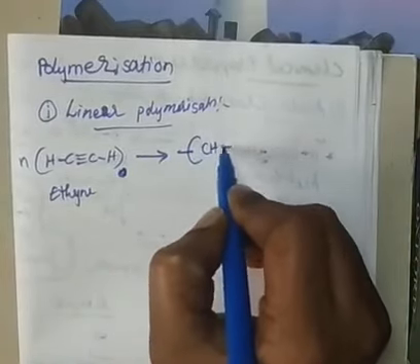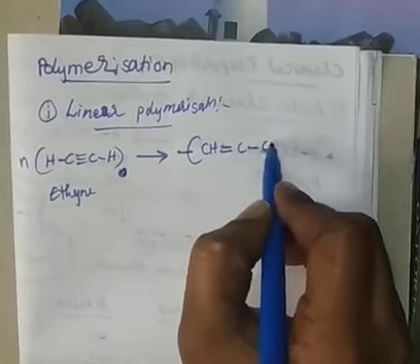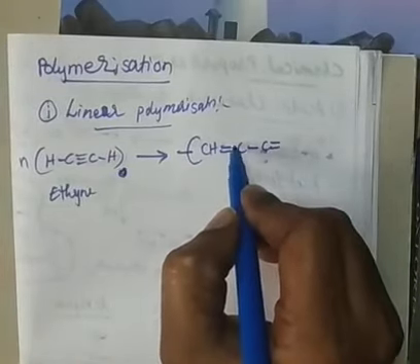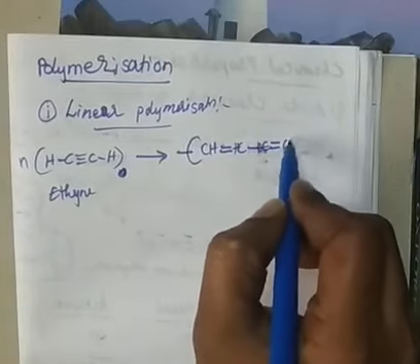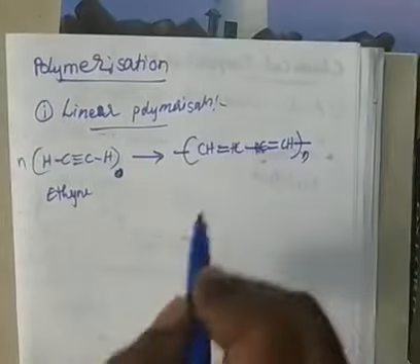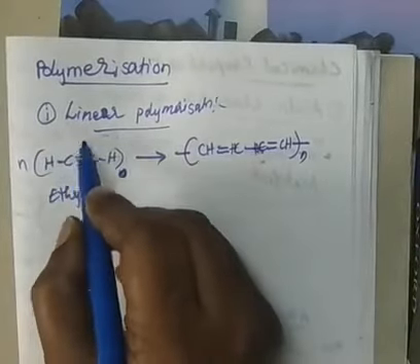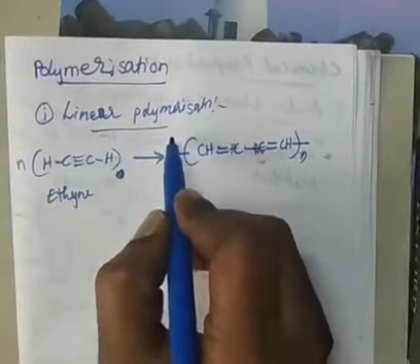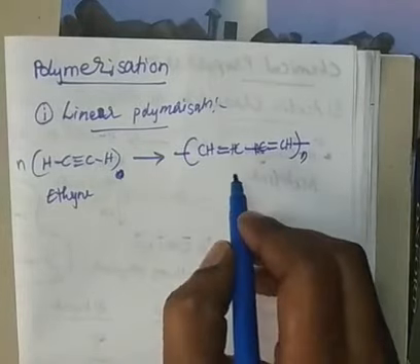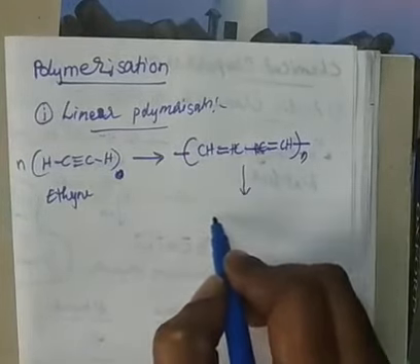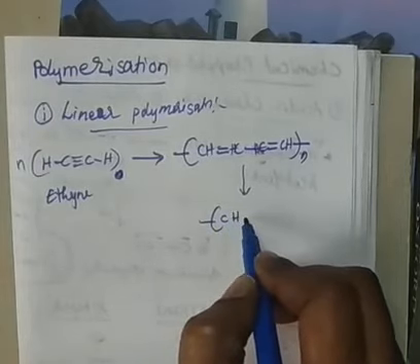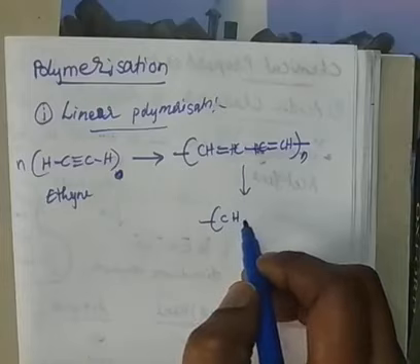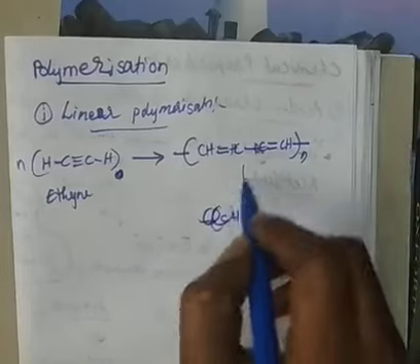double bonded compounds. How are the double bonded compounds formed? You should know: CH, CH, single bond, CH and CH, like this, n number is formed. I told you already, this double bond will attack onto the other. I showed you the mechanism last time. Then these n units convert back into the alkyne group, that is CH. So this is going to be formed. This is called linear polymerization.